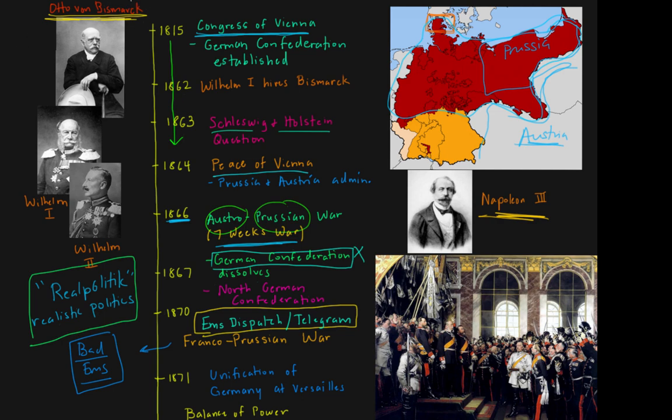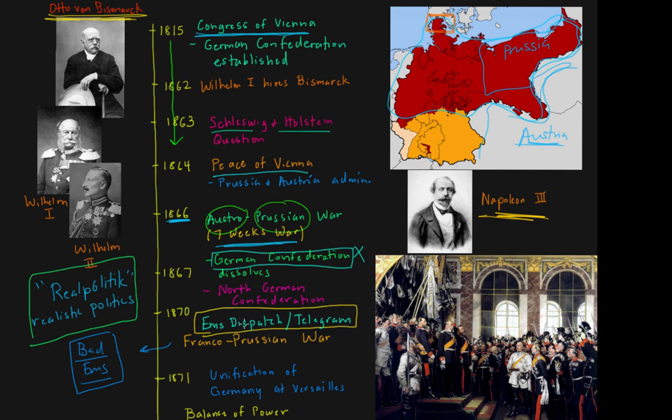But Bismarck sees this as an opportunity to play some more realpolitik, because he knows that if he can provoke war with France, that will provide a common enemy for all of the German states. And because realpolitik means an enemy of your enemy is a friend, then that means all of the German states will unite, including the southern German states, and they'll attack France together, because it's in their common interest to see France defeated. And so Bismarck rewords the telegram, and he rewords the transcript of the conversation before releasing the contents